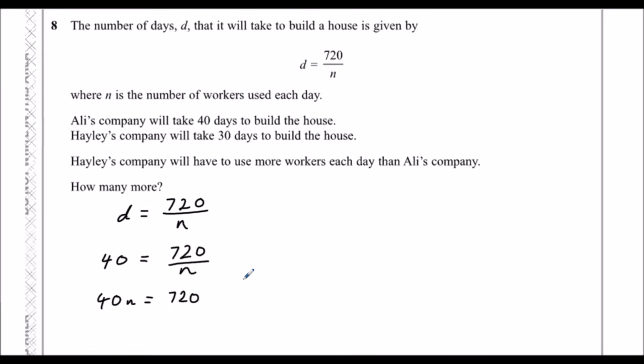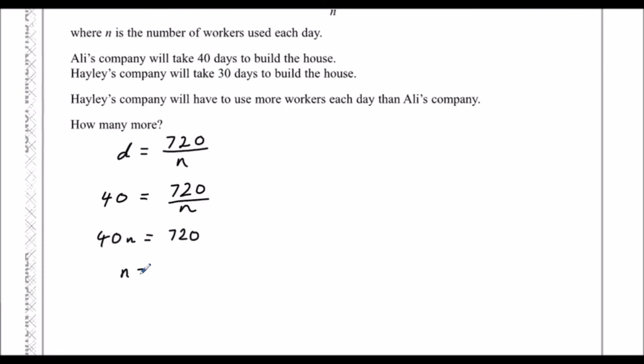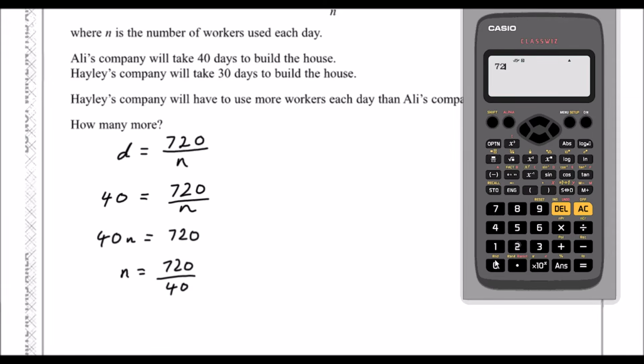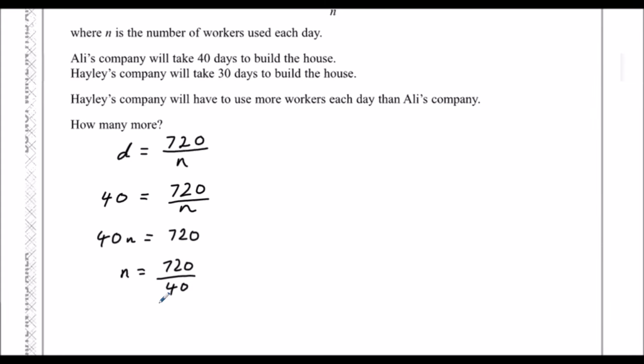And then to get N by itself, we divide both sides by 40. So 720 over 40 is 18. So it's 18 workers for Ali,